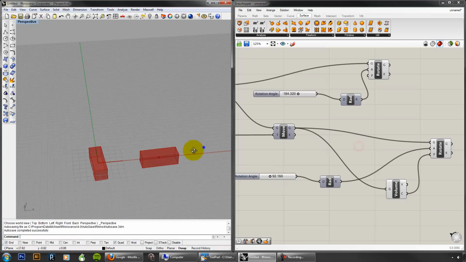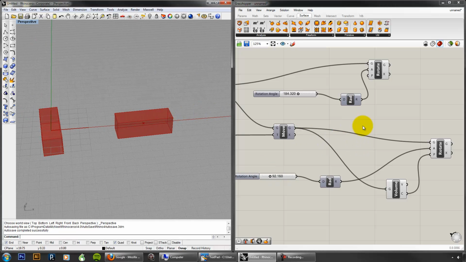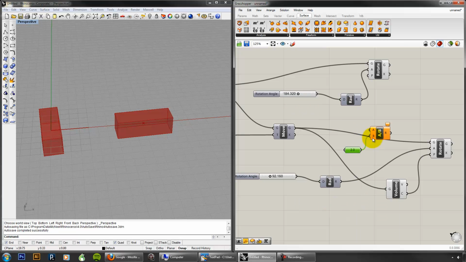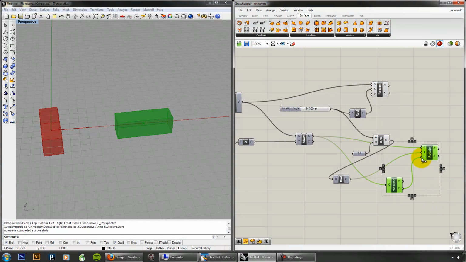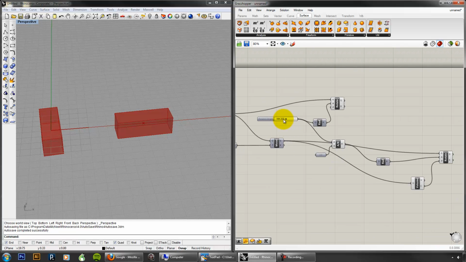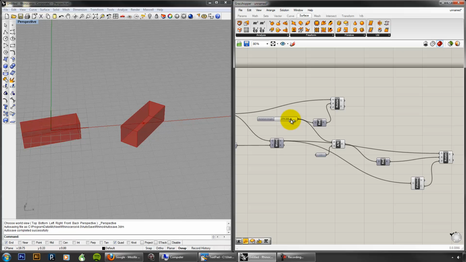Real quick, let's do another relationship. Let's have one of these rotate at half the speed of the other one. So let's do a division component. And let's drop a number component. Let's say 2. So A divided by B, whatever this number is divided by 2. In for my degrees. Let's separate this out a little bit. So you can see that when one rotates 360 degrees,